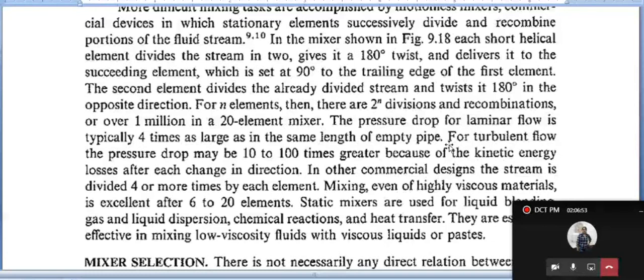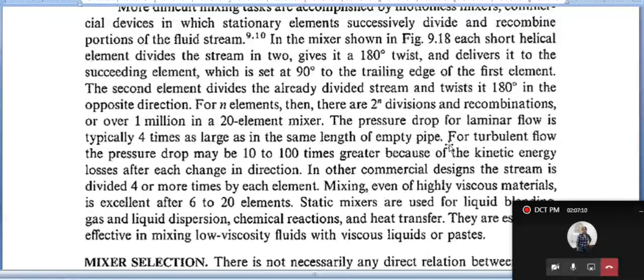Then, what is the purpose of using a U-tube manometer and calculating pressure drop? If the pressure drop is more, that indicates that the materials are staying inside the system for more time. If they are staying for more time, what is the meaning of it? They are divided into more number of divisions. If they are divided into more divisions, it is a good thing for us because we are going towards better mixing.